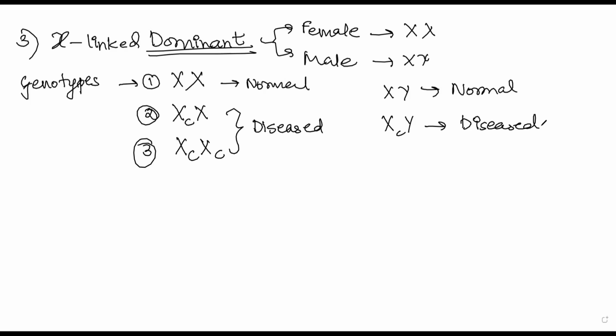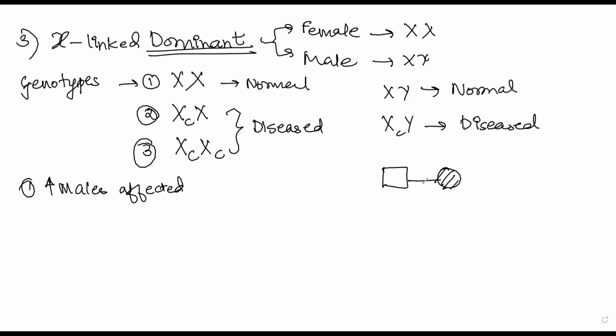Now, how do I identify whether this trait is X-linked or not? First thing, in any X-linked trait you will see that a higher number of males are affected. We had seen in the autosomal, both sexes had an equal probability. Here, the male would have the higher chance. But this is not quite a distinguishing character, because in X-linked recessive also you will find that males are affected higher. So then what is the distinguishing character? Let us understand. Let's look at this pedigree right here.